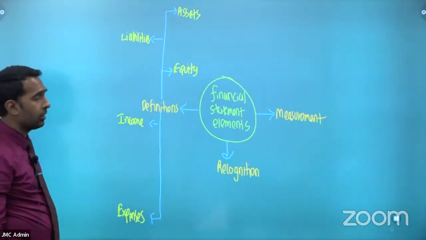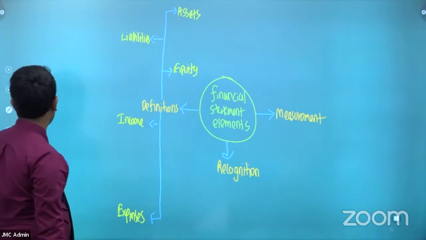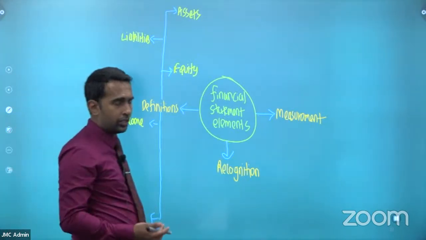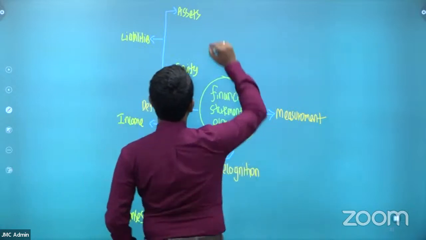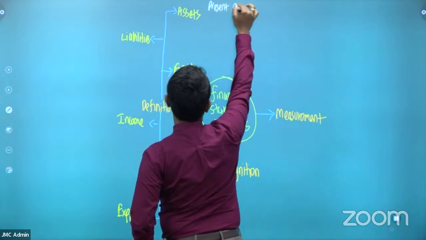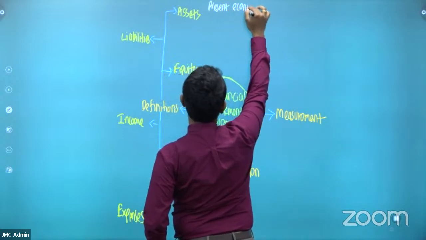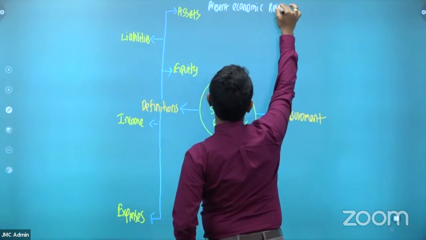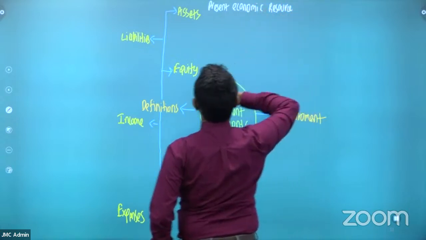These are basically the 5 elements. Now we have to discuss the definitions. Asset definition: an asset is a present economic resource